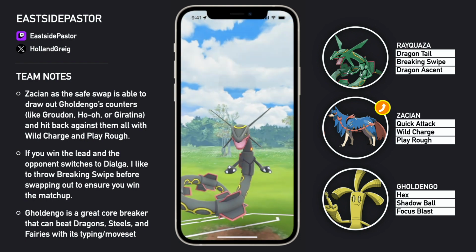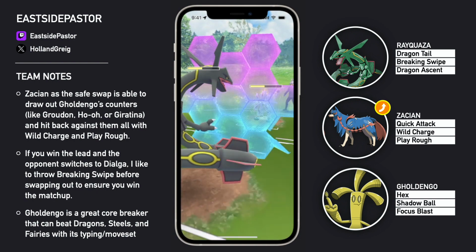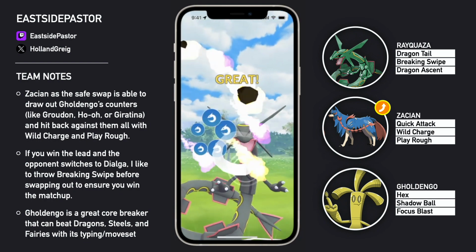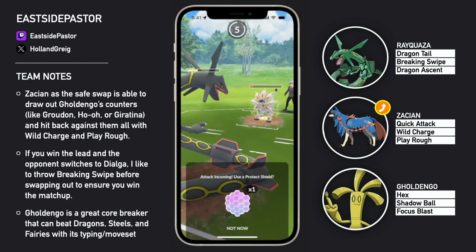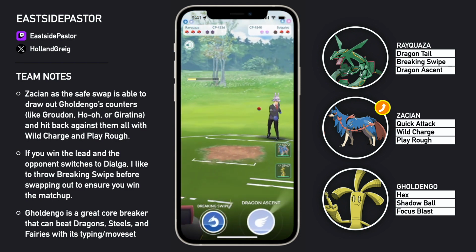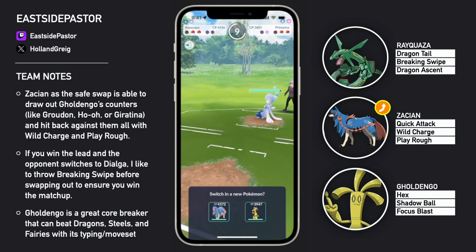So against a Solgaleo, this is usually a good lead for this team. I shield an Iron Head. They're at an Iron Head, and I'm waiting till I get to Dragon Ascent to throw a move, but they're not shielding at all, and so I know this next Iron Head would knock me out. I decided to just save all the energy that I had banked on Rayquaza, go for a Dragon Ascent here to get a shield, and then I want to align my Gholdengo